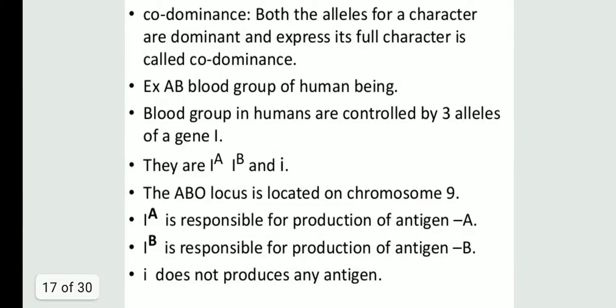Okay. Now we should know what codominance is. Very important concept, students, very very important. Now both the alleles for a character, one character is having two alleles, students. They are dominant. So when they are dominant and they are expressing their full character, that is said to be codominance. Fine. So a good example is the different types of red blood cells that determine the ABO blood grouping